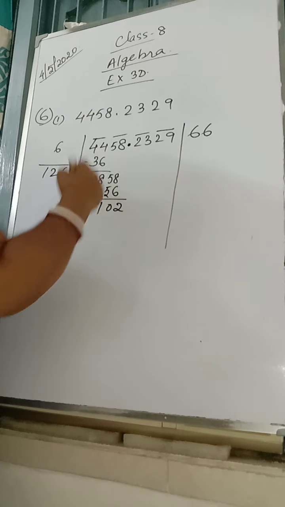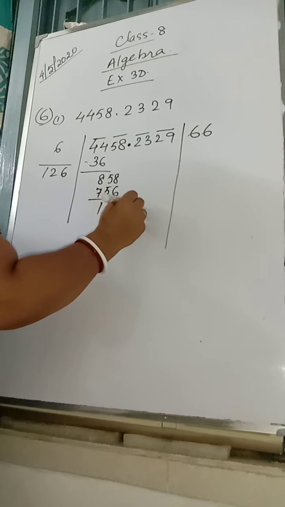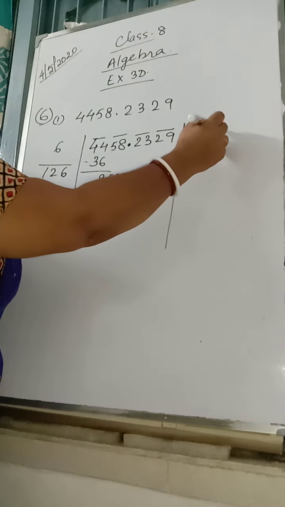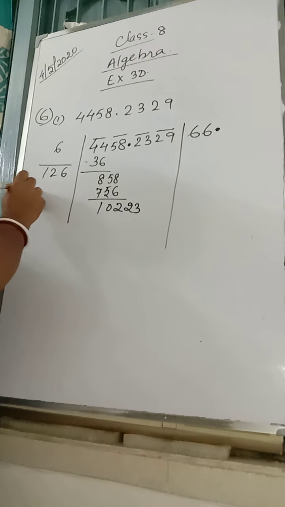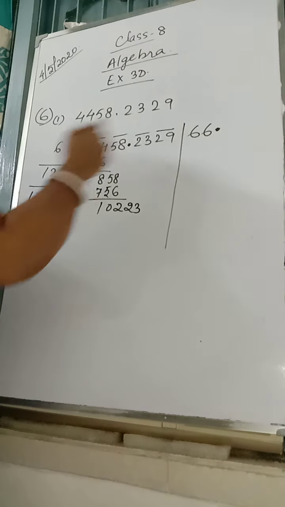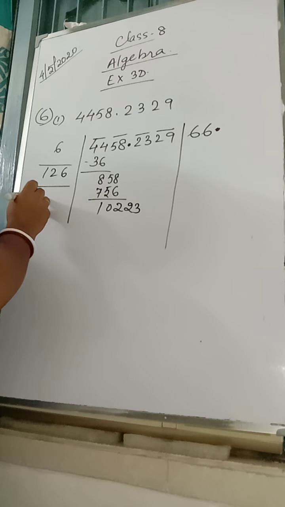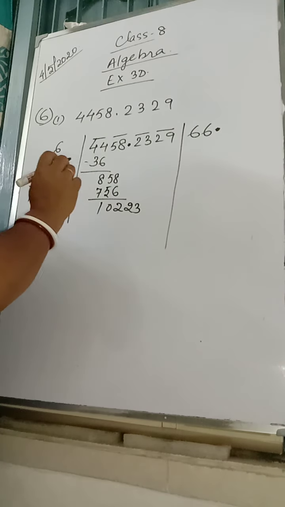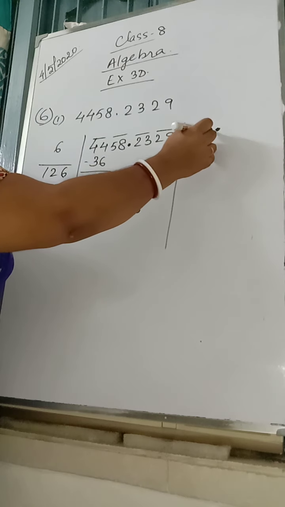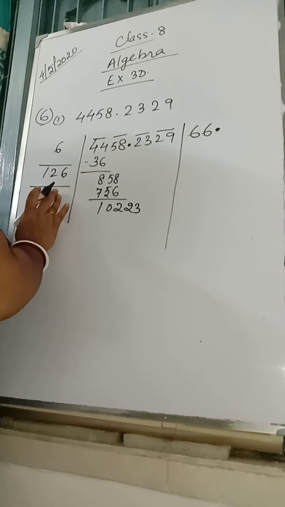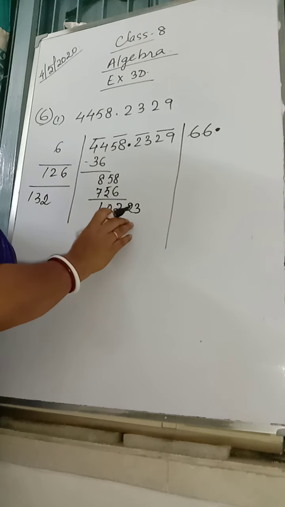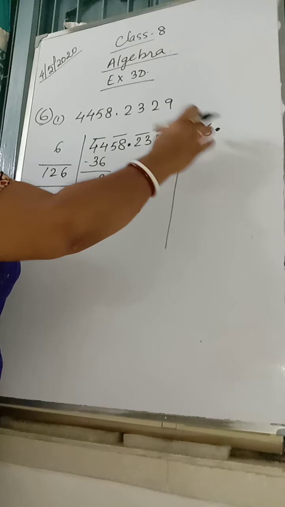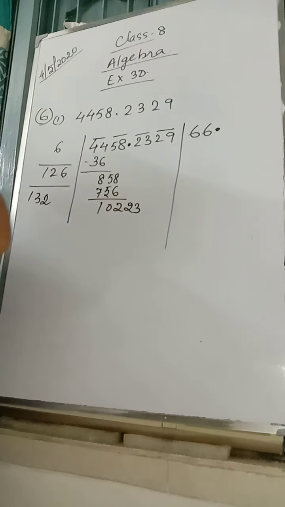Now see, here is a decimal. Next I am going to write the number which is after the decimal. So the decimal has to come at the quotient place. Now this 66 doubled is 132. Will you add 6 with 126? It gives you 132, sorry. Now this decimal I have placed here. Neither do we have to place a decimal here nor here. Clear? It has to come to the quotient place.